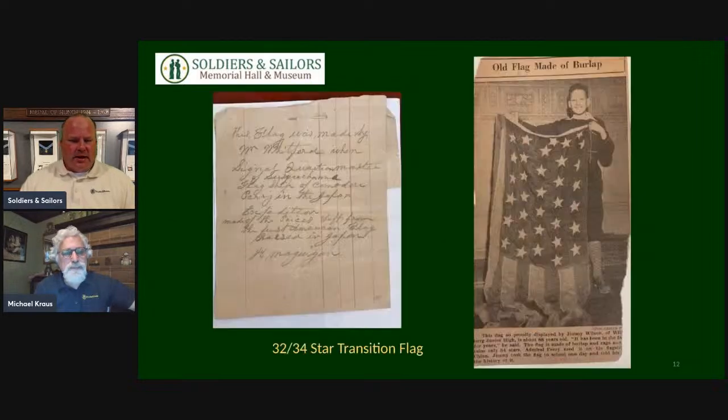Okay. Our next flag is a very interesting flag with an interesting story. We're calling it the 34 to 34 star transition flag, and I think we'll know why that is. You see there an old newspaper clipping there with the flag, and we'll see the flag here in a moment. But what are we looking at here before we take a look at the flag? What are we seeing here, Michael? Again, we're seeing a flag that was in a family for a very long time. We just acquired this about a year ago,